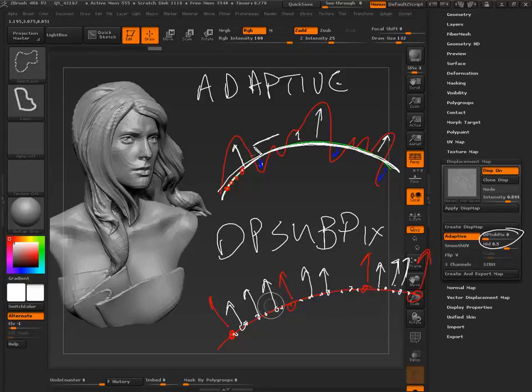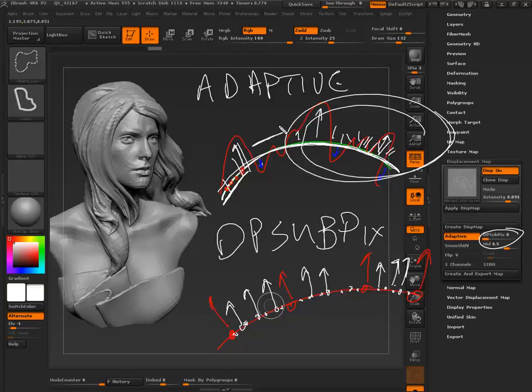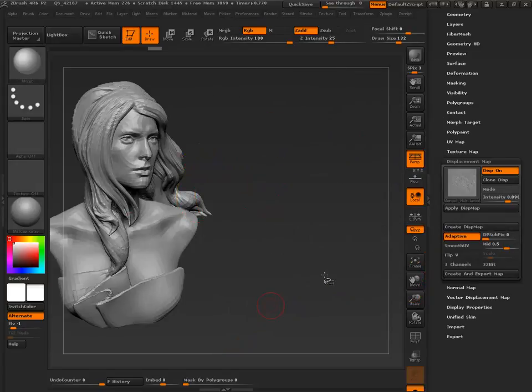Like in this area right here, there's not a lot of change. Adaptive will look and say, like right here, we don't need to cast a lot of rays. We'll be able to figure that out. But in this area, we've got to go boom, boom, boom, boom. We need a lot of rays. So adaptive will go in and say, spend more time here, spend less time here. And that's generally what you want.